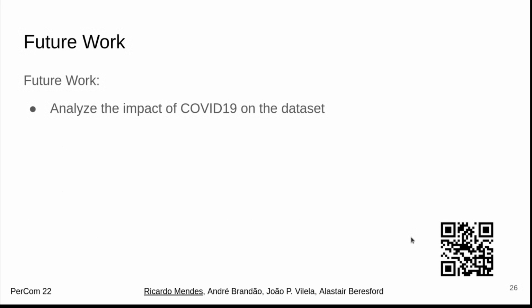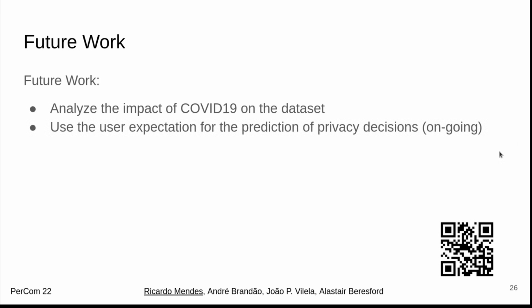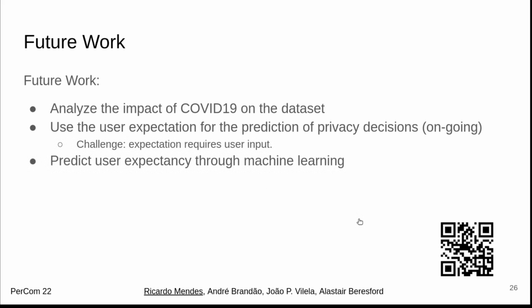So as future work, we want to analyze the impact of COVID-19 on the dataset, because in our campaigns we always had some limitation regarding the richness of context that we could collect due to mandatory quarantines. We also want to use the user expectations for the prediction of privacy decisions, and this is ongoing because we already have some outputs and the papers already analyze this feature. And one of the challenges here is that expectation requires input, and therefore one of the things that we still want to do is to try and predict the user expectation through machine learning, and then use this estimation of the expectation to then try and predict the privacy decision. Because, as always, we want to reduce the amount of input that we require from the user in these automated